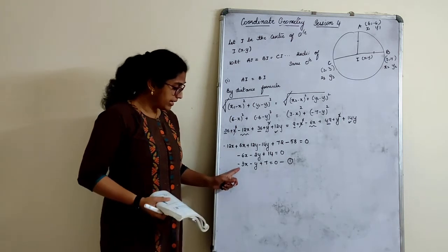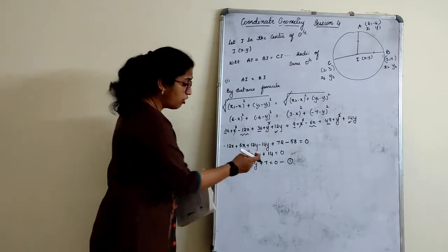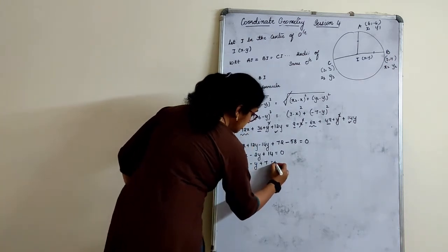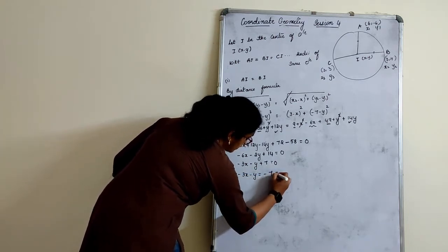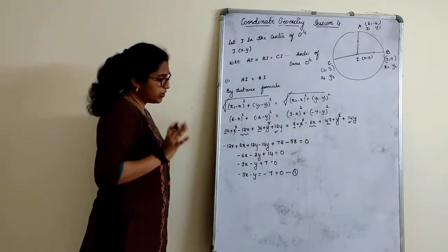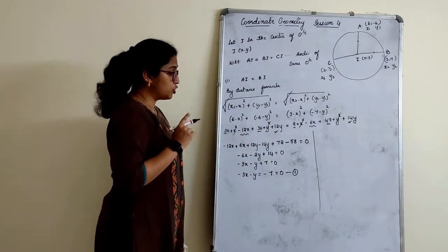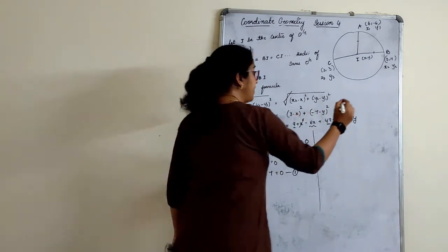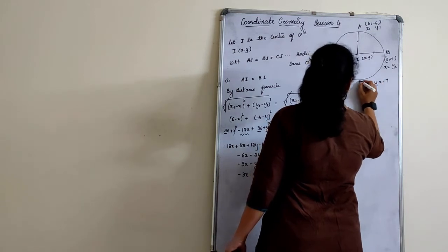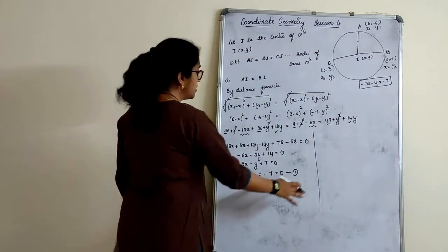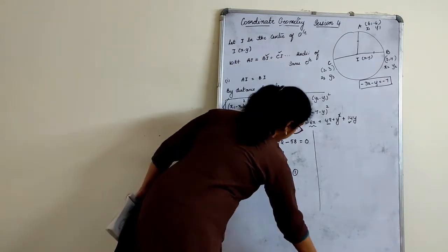If you want, children, we can remove this minus and make this 3x minus y plus 7 is equal to 0, anything. Or the next step, how we will write here is minus 3x minus y is equal to minus 7, anything. Equation 1. Very clear? We'll keep this as it is. Now, the next part we have to solve. I think I will rub this now. I'll only write the equation: minus 3x minus y is equal to minus 7. I'll keep this equation 1, and I'm just going to rub this so that I can use the next BI and CI to find it.